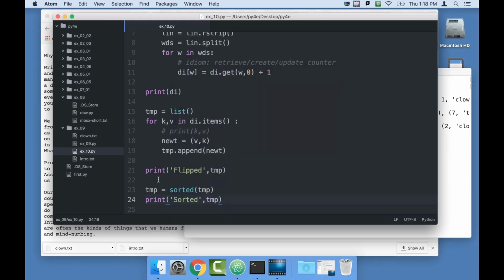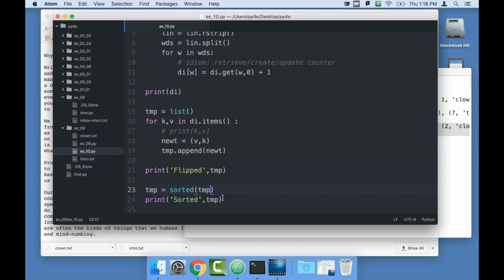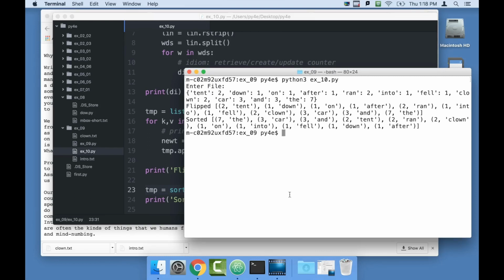And so one of the things we can do is, you'll notice that we want the highest one, not the lowest one. So we can just tell this with this parameter, reverse equals true. And we just say, hey, sorted, do this backwards. Do it from highest to lowest rather than lowest to highest. And now our sorted one says 7, the, etc. Okay? And so if we want the first 5,